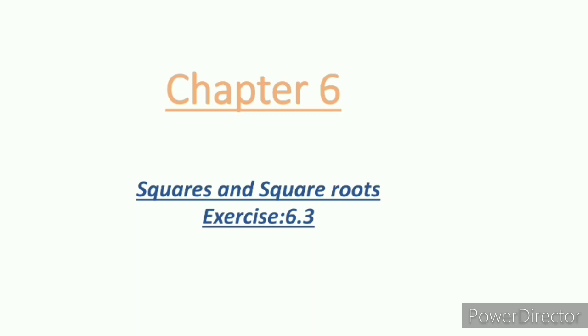Yes, we know the differentiation between perfect and non-perfect squares by looking at the end digits, that is the ones digit of each number, isn't it? But how to convert that non-perfect square into a perfect square? In a non-perfect square, each factor is not repeated an even number of times, meaning it doesn't have pairs. But in a perfect square, each factor is repeated an even number of times. You will understand better while solving problems.